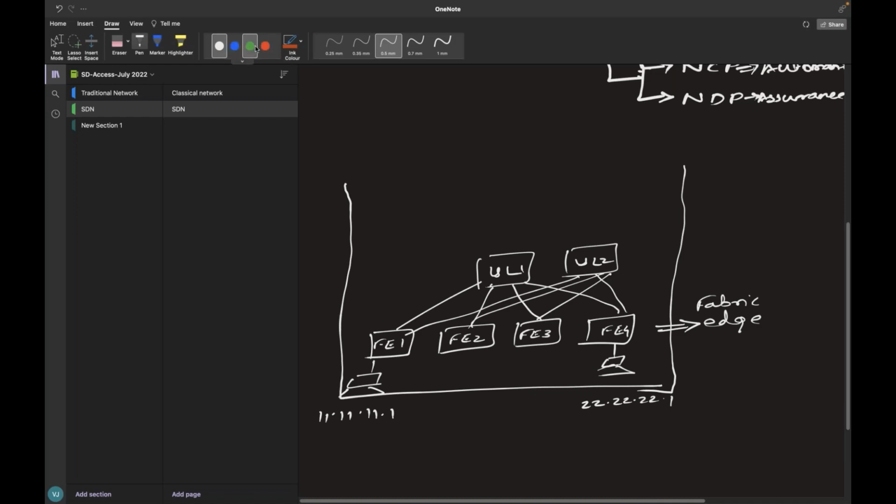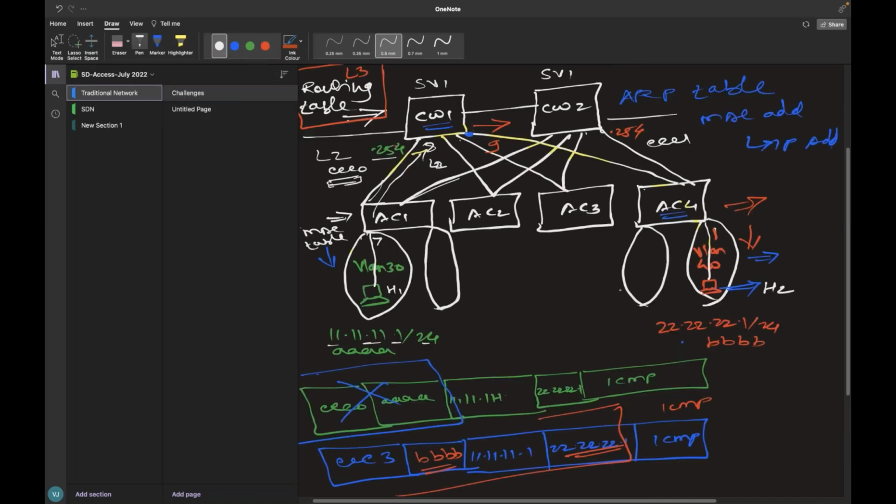Now, in your classical network, we saw that all these ports are trunk ports, right? All uplinks are trunk. So that's why we said this is my L2 domain. Since these ports are configured this way, they will participate in the STP election. If there is a redundant path, one of the ports will be blocked. So it's a traditional layer 2 network where you cannot use two ports at the same time between two directly connected switches. One of the ports will be blocked if there is no EtherChannel, right?